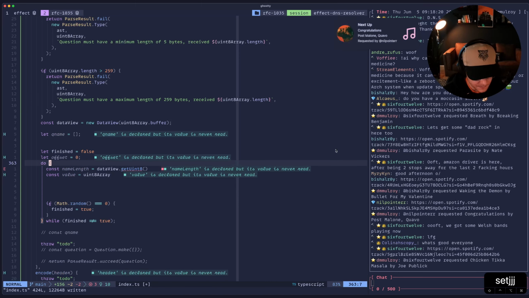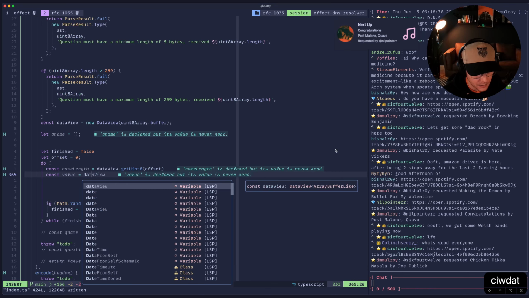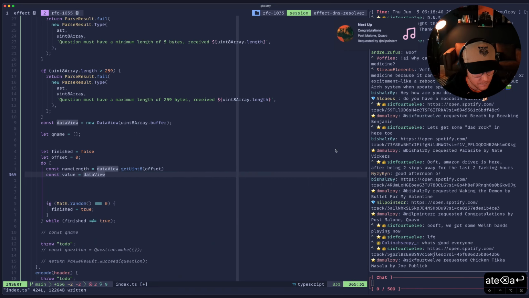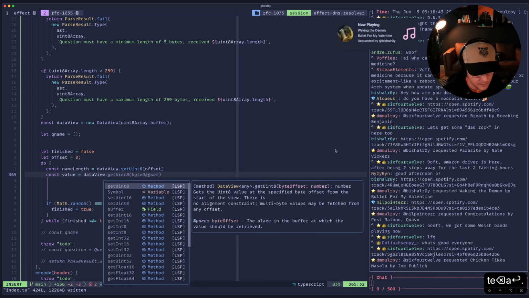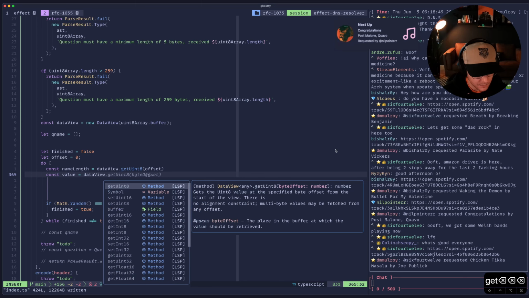We'll extract this into a function once we're done here. So we want to get the offset, and that will be the name length, and then to get the value, we do a get. It's not even like we want to do a get. We want to do like a